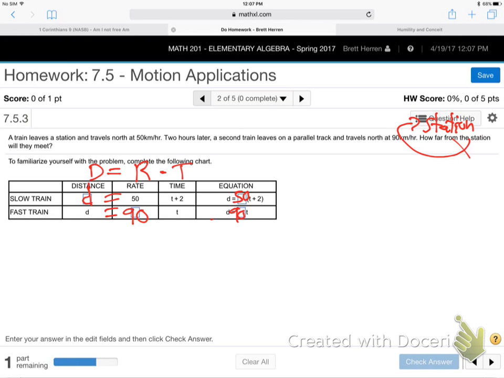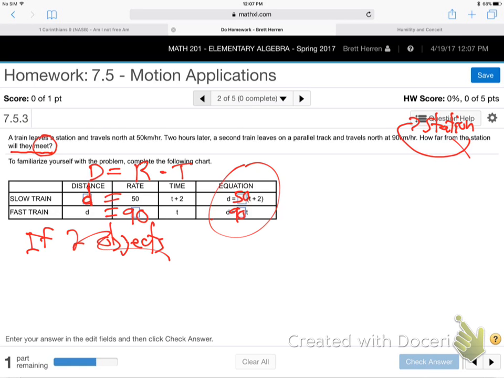So this is just D. And then they want you to put, here's the equation, the 50 and the 90. And then notice what it says. How far from the station will they meet? Will they meet? If two objects,